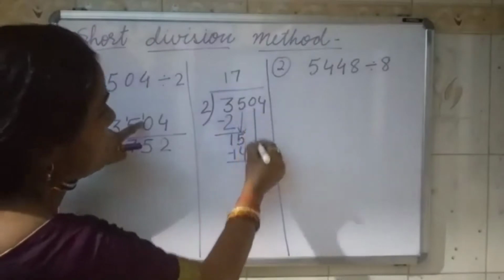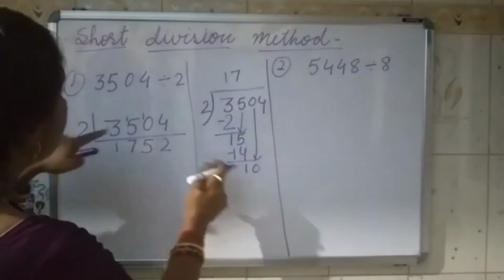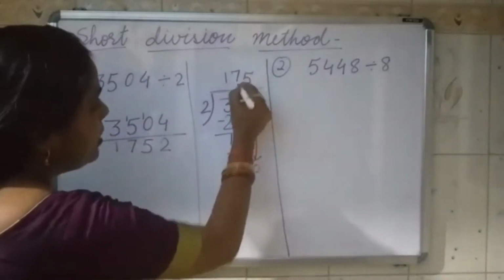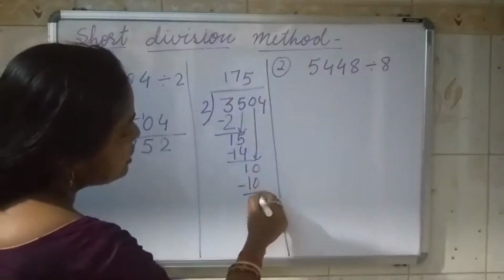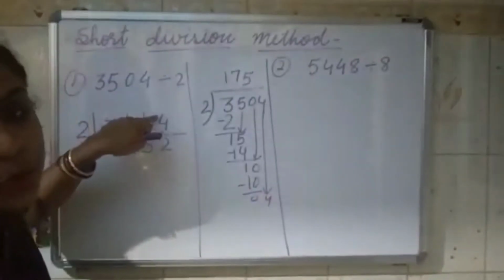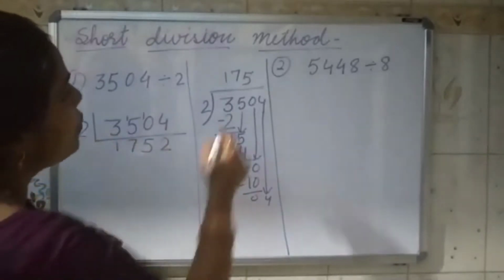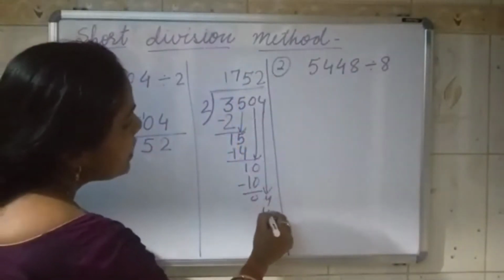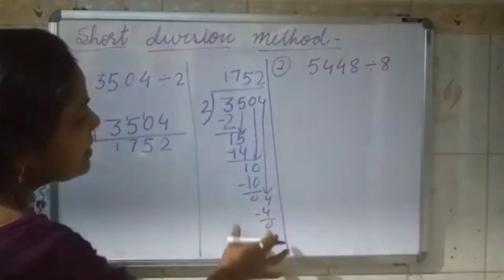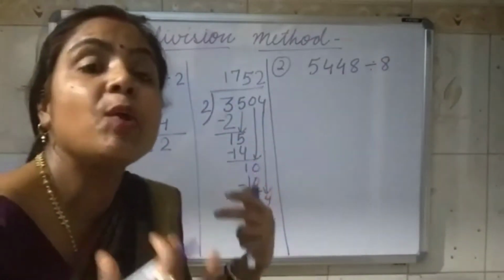Then we will bring this number down, 0. So this is 10. This is also 10. 2 fives are 10. 10 minus 10 is 0. We will bring this number down, 4. That's why I have not written 0 here, because it doesn't mean anything. So 4 remains the same. 2 twos are 4. You can see when we are doing this method, it will take a lot of time. But when we are doing the other method, it will be quick division.